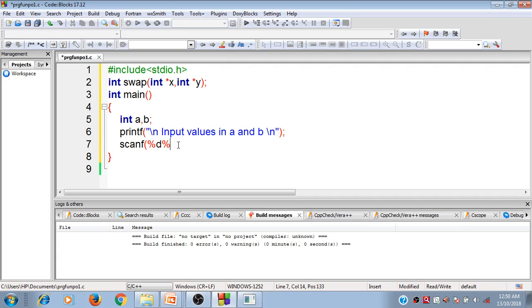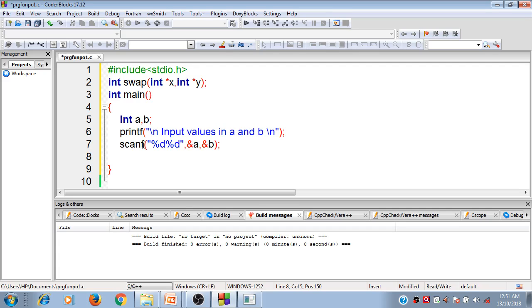So let me write it again: inside inverted commas percent d percent d, comma ampersand a comma ampersand b. Now the values are inside a and b. The next thing I have to do is the calling part.